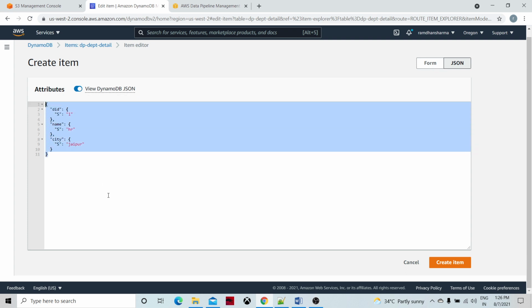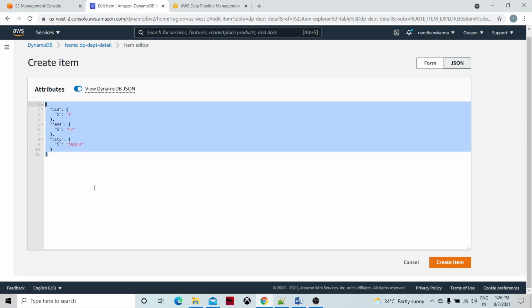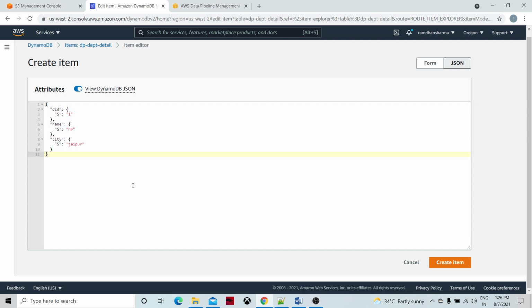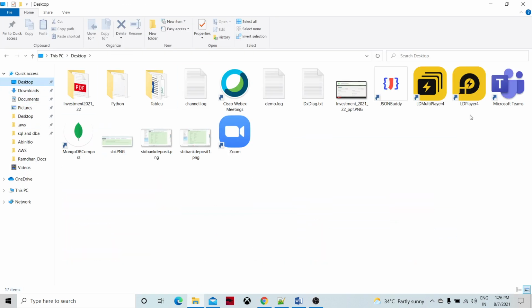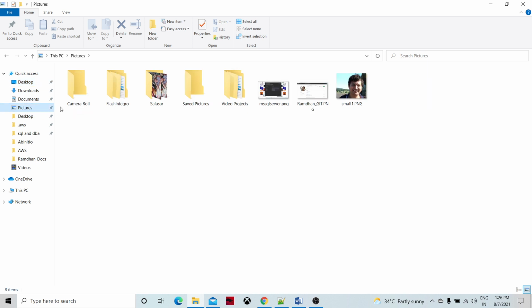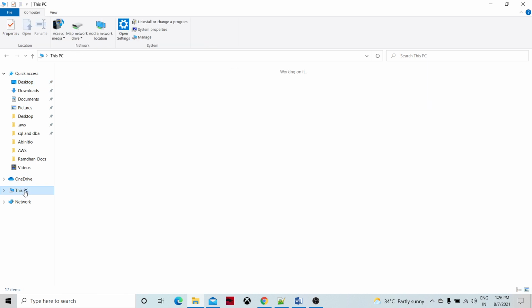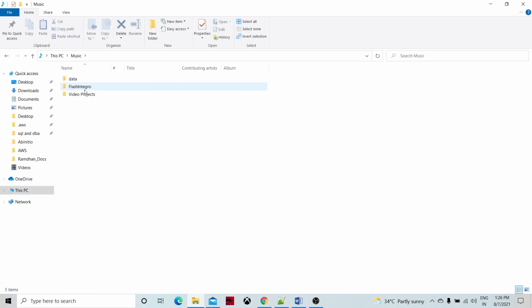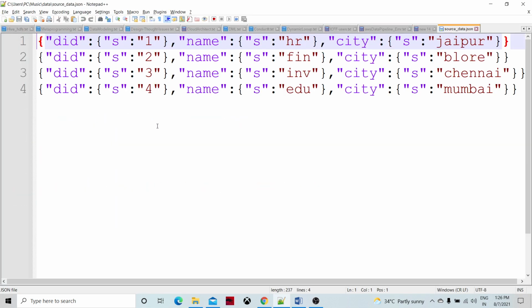So the data item would look like this. I can copy this item and prepare many more items, appending them to one file. I have already prepared a file, which looks like this.